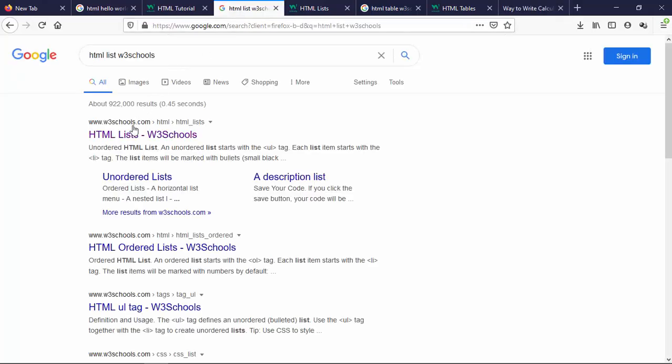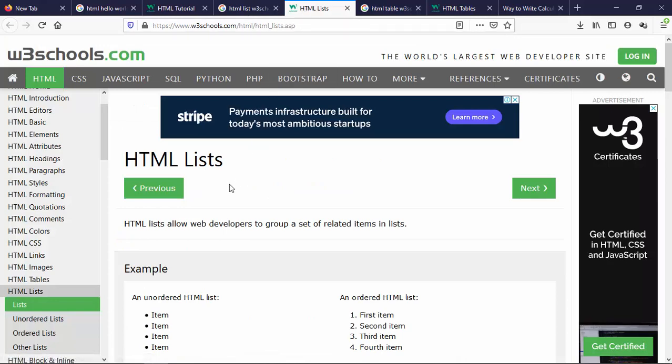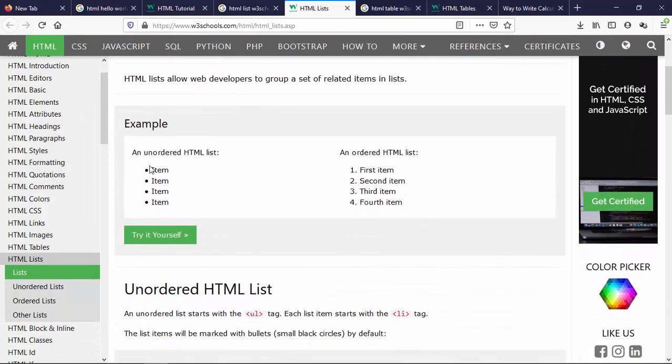Next, let us add something. Maybe we want to add a few lists. So you can Google again HTML list from W3 Schools. So this is a page. You can have unordered list with just bullets, or list with numbers.